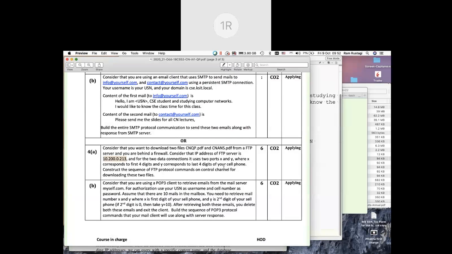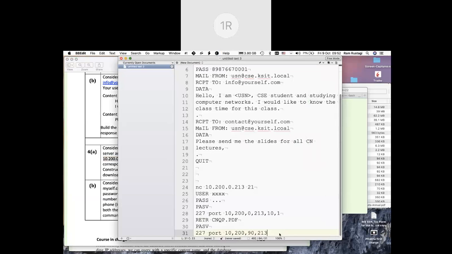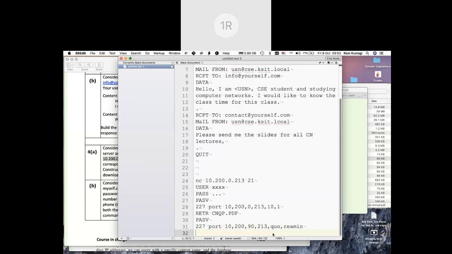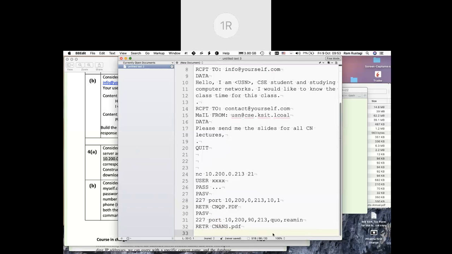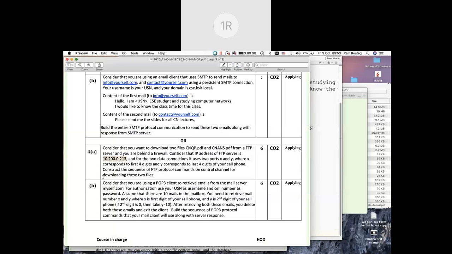You divide by 256. Whatever quotient and remainder you get comes here, and that is what you are looking at. And then you say retrieve cn.ans.pdf, and this is the communication you are looking at.